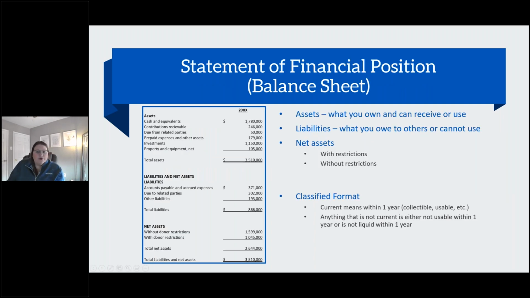All right, so the first statement that you will see when you go through your financial statements would be the statement of financial position. This is an example of a pretty straightforward, non-complex organization, I would say, for the most part. And largely what you'll see is that it's made up of your assets, your liabilities, and then your net assets, broken down into lines underneath subcategories. So your assets, and again, this is as of a point in time, so as of